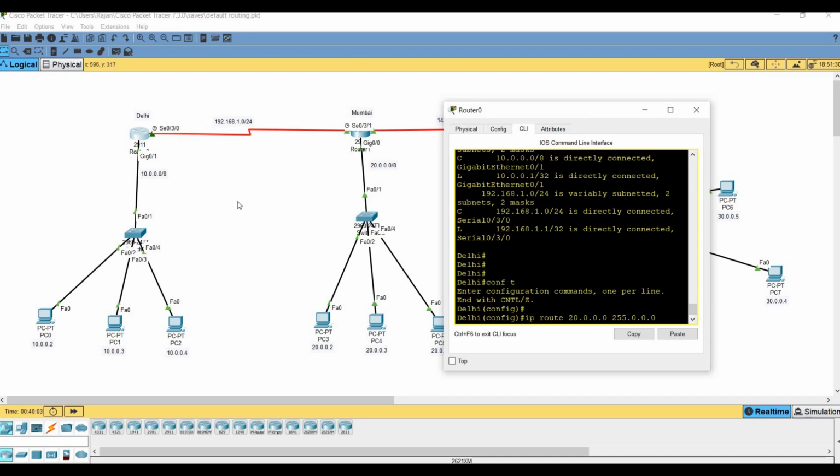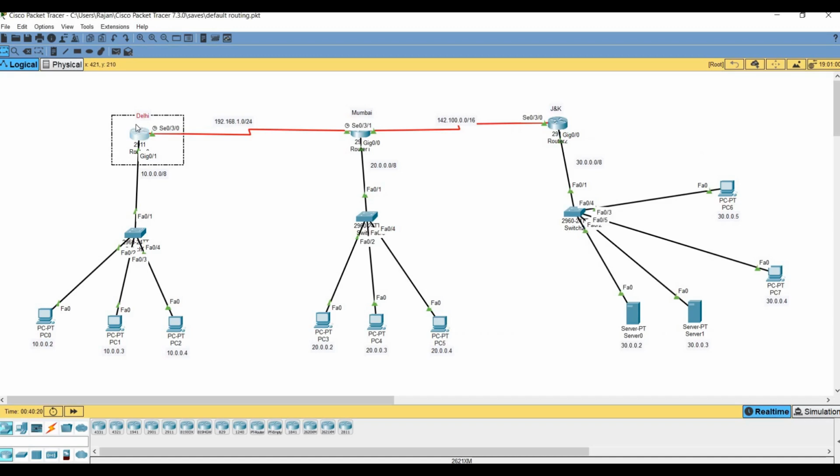As we configured default routing, we entered the next hop ID for routing. Here we can also add the next hop ID or IP. Like our router is this, and this is the next hop.